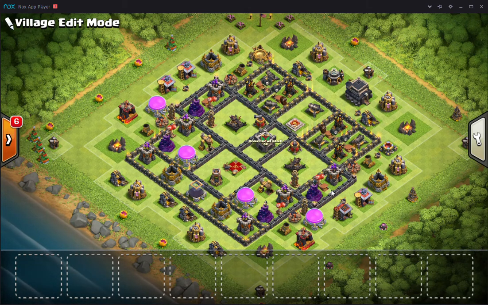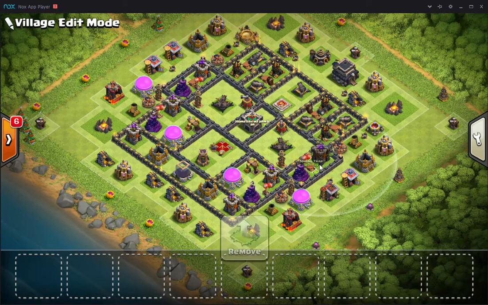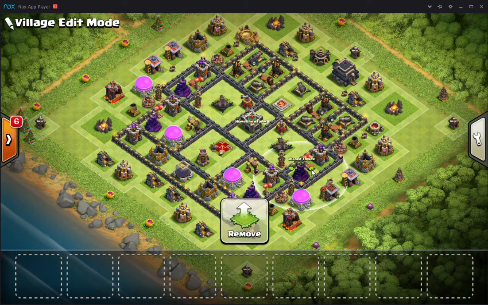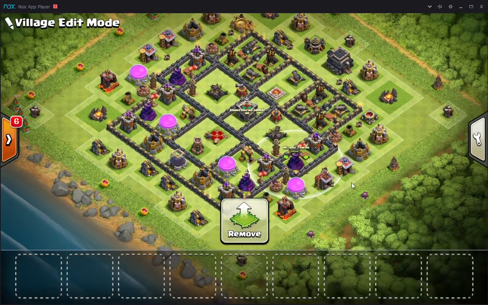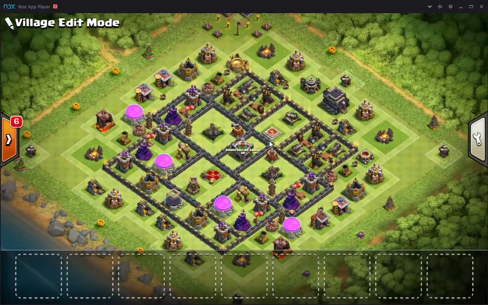Okay, spring traps. Again, defending against hogs, you want to make sure that spring traps are one tile away from, well, you want to put them in between defenses that have one tile of space between them. So, for example,